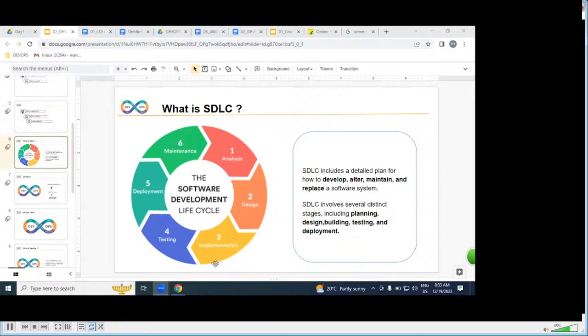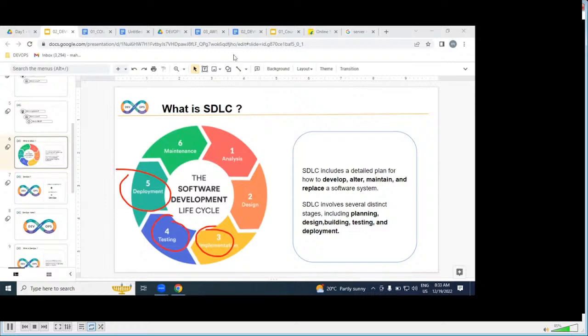If you are working in IT software, you are part of this. Developers are working on where exactly? In the implementation part. Testers, DB administrators, DevOps engineers, AWS engineers, Linux administrators, all together, we are going to be working in SDLC.